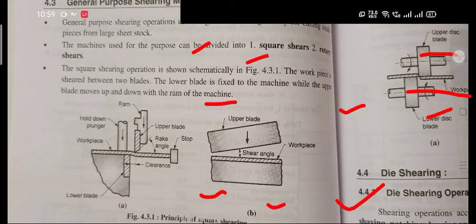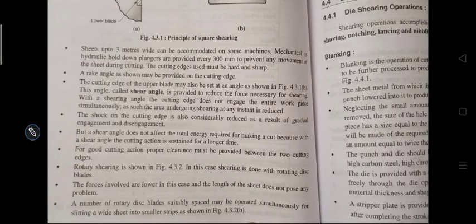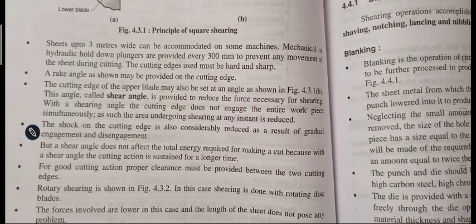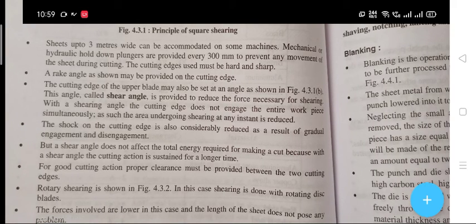Then, as shown in the figure, sheets up to 3 meters wide can be accommodated on some machines, which are mechanical or hydraulic. Hold down plungers are provided every 300 mm to prevent any movement of the sheet during cutting, and the cutting edge must be hard, and then a rake angle as shown is provided on the cutting edge, and